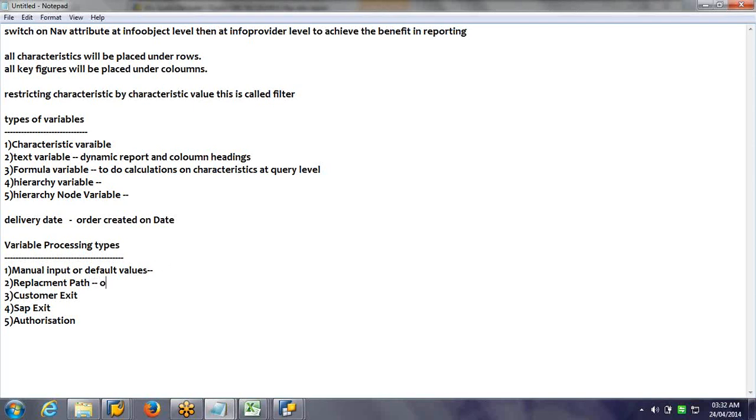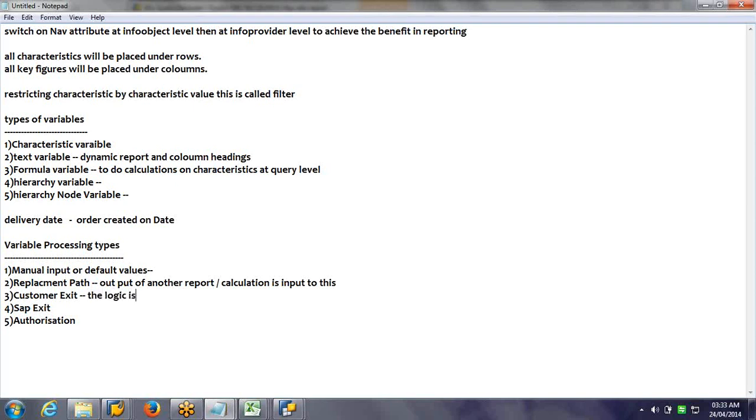Replacement path means output of another report or calculation is input to this. So we are not entering anything in case of replacement path. That output will be taken as an input.